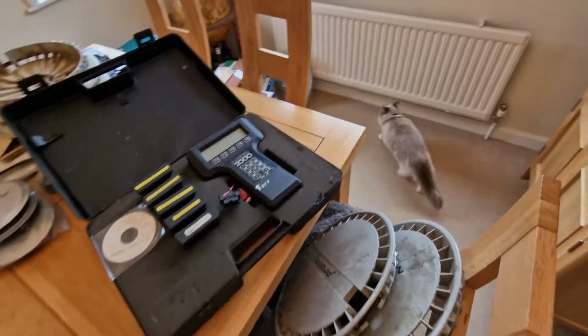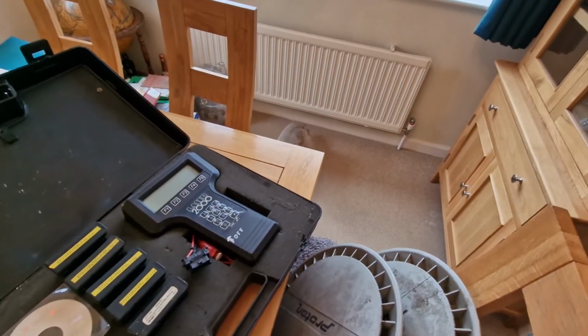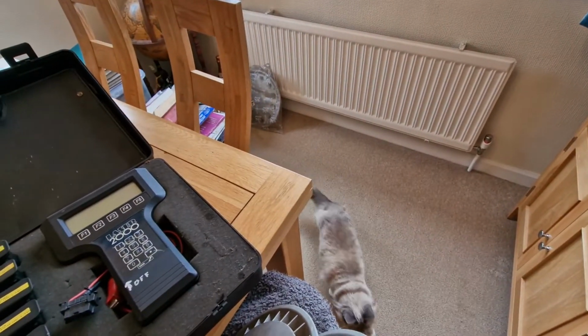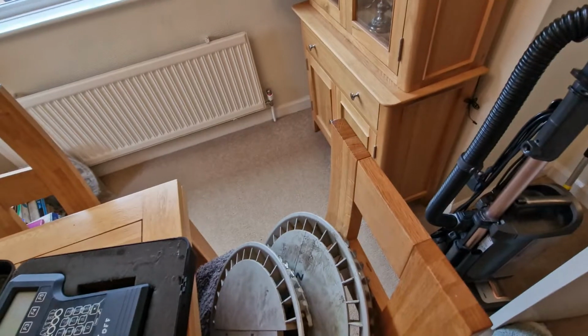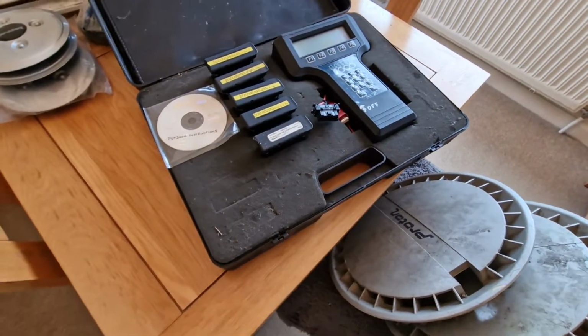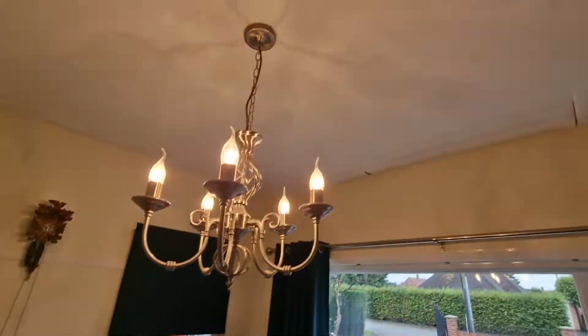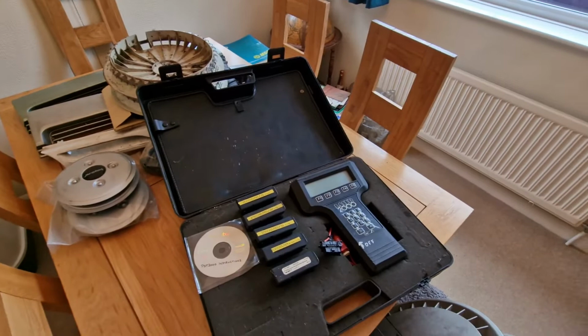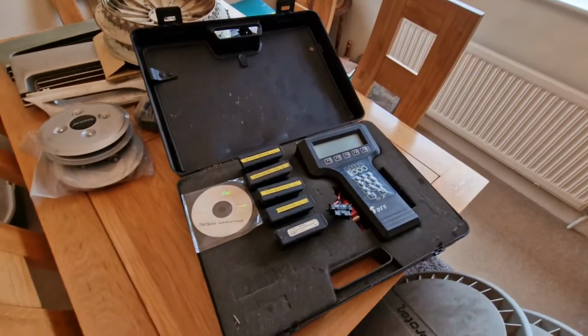My cat is trying to get out. She has ruined the carpet in here. Get out. Go on then, if you're going. Goodbye. I don't think I should show you what she's done to my carpet, but I'm not very happy. But this is the room that we're decorating next. This is our decorating room. So this is a bit of a dumping ground for stuff at the moment. Anyway,